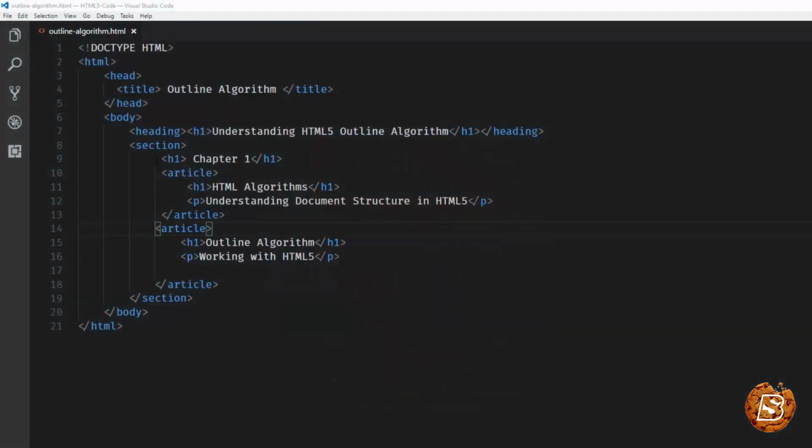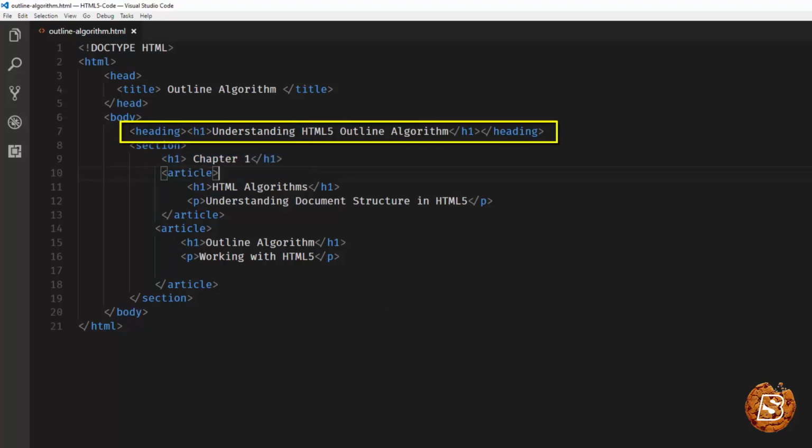The initial heading that you see inside a section is used to title that particular section. After that, each heading creates a new heading. The nesting of headings generates sections, and it's controlled by the heading rank, that is h1 to h6. Now you can see we are making use of the heading tag and then the